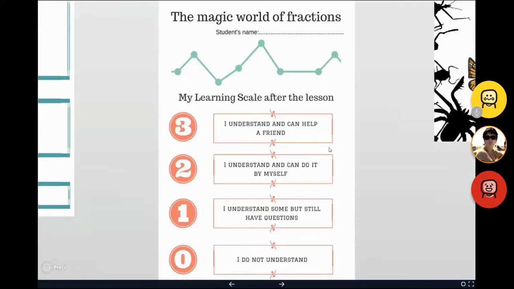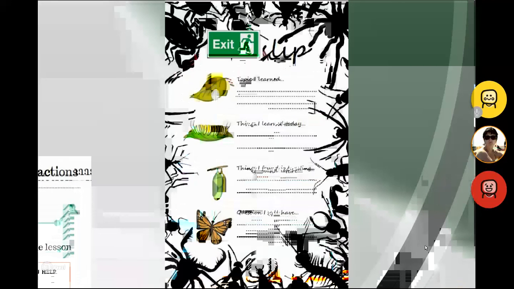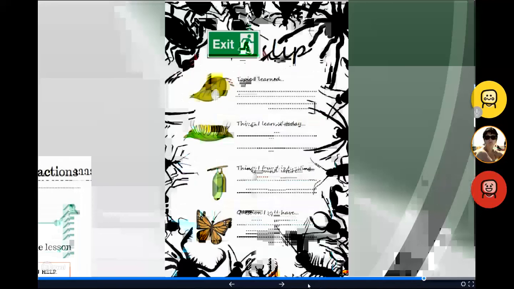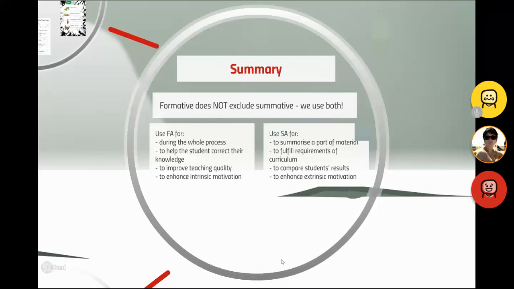And now the summary. We have to understand that there are 2 ways of assessment. The formative does not exclude summative. We use both. And I have prepared here examples of when each of them is advisable. I would use formative assessment during the whole process to help the student correct their knowledge, so before taking a big test, like a mock exam, to improve teaching quality, because I get lots of feedback, which I find really beneficial for my work, and to enhance interesting motivation, which is the key